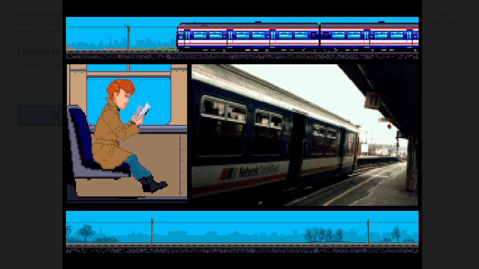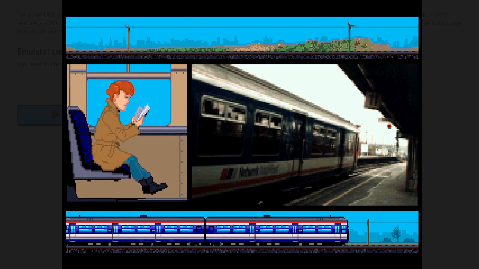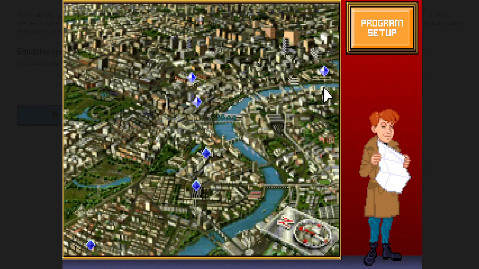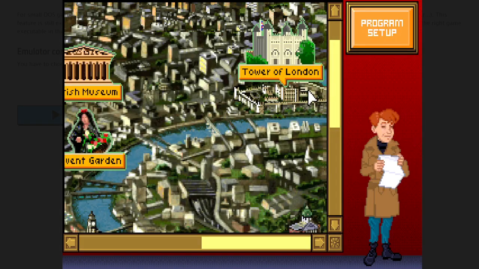Alright, that's all we can do at Warwick. Seems like an awful waste of a train ride just to get that little bit. Kinda, yeah. But I want to get to Nigel. Let's see. We have several other places to check out. There's one all the way over here at the Tower of London. This is the Mr. Hargreaves guy. Oh, and there's Covent Garden, too.